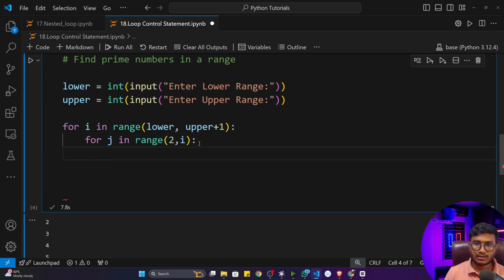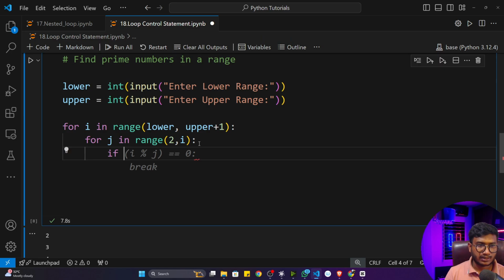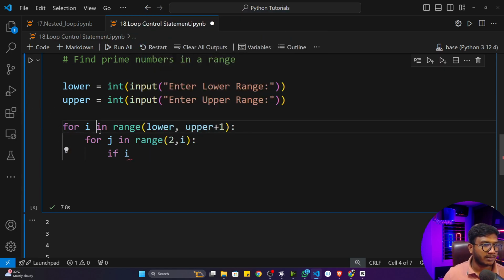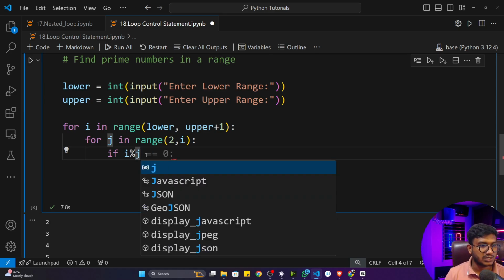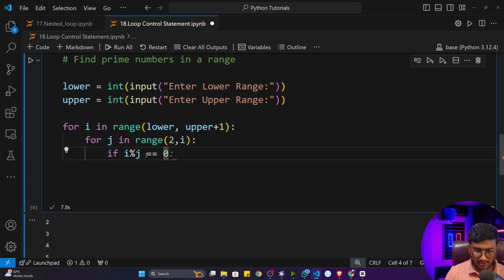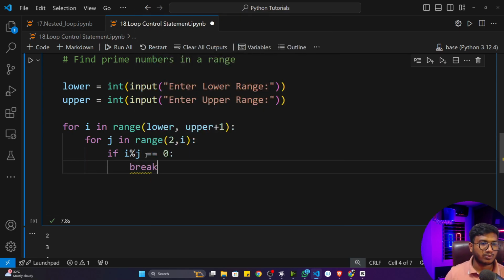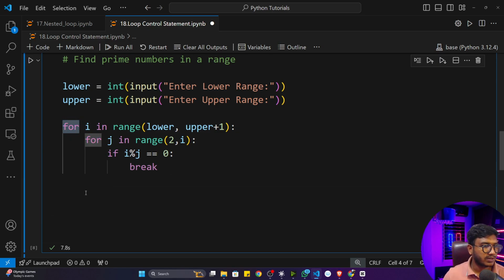Now here what I will do, I'll just write if my i, that means this particular number, whatever the user has given as the lower bound, I'll use the mod symbol, because I think you know mod will first try to divide and get the remainder. I'll do the mod operation with the help of j, and if it is 0, that means the remainder is equal to 0, I'll just break this particular loop, because if the remainder is equal to 0, it's not a prime number. That's why I'm breaking it. Otherwise, inside this for loop, I'll write an else,